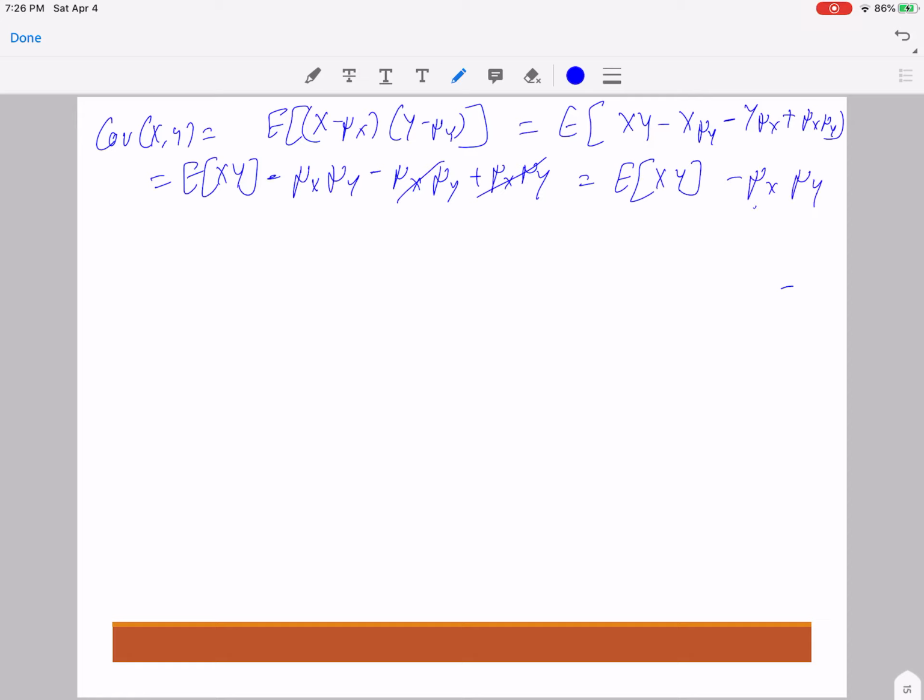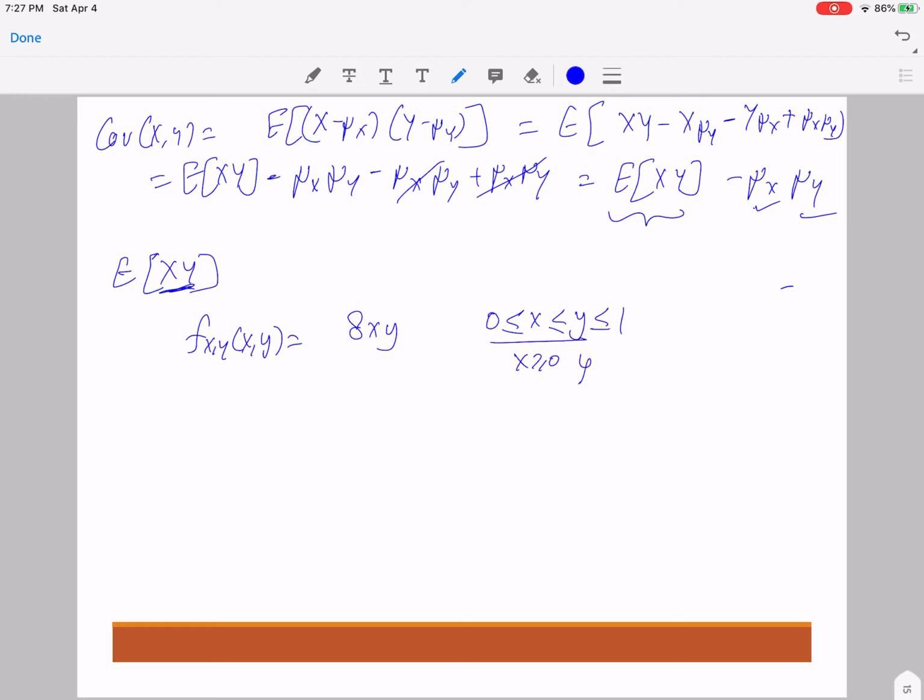We already calculated the expected value of x and y from before. So let's just focus on getting the expected value of xy. Now to get the expected value of xy, I actually need to rely on my joint PDF and not the marginal PDFs, because now I have a function that is of both x and y. Now if you recall, my joint PDF is 8xy for x between y to 1,